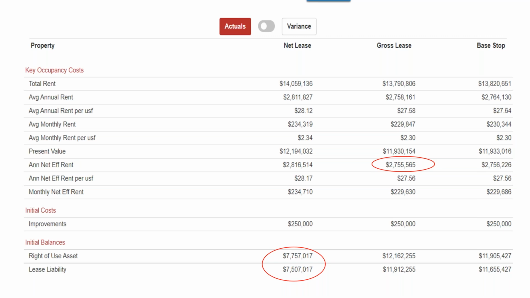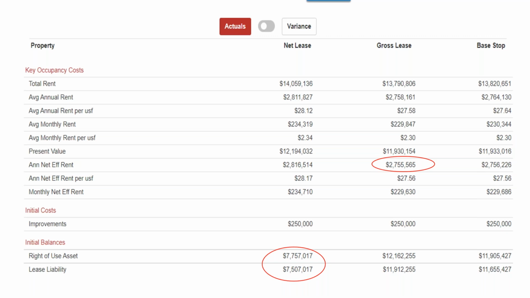It may or may not be the one that has the lowest total rent. In this case, it looks like it is, but it may not always be the case. So you see your net effective rent is lowest, it turns out, on the gross lease alternative. That has the lowest cost to the tenant. So I guess we could say the tenant wants the gross lease, but the owner wants the net lease, right,